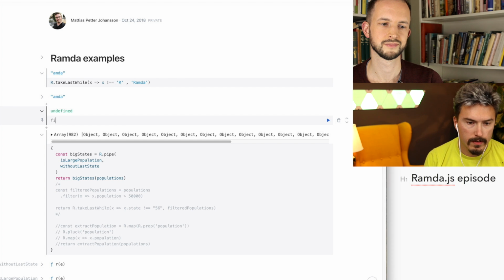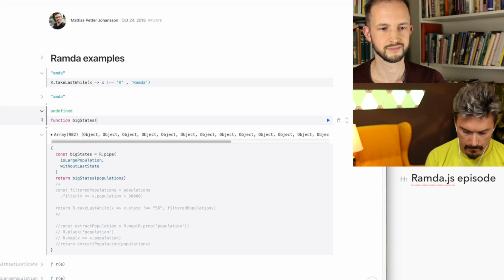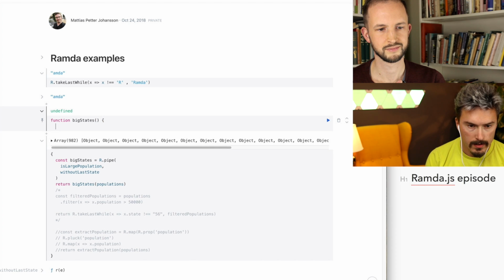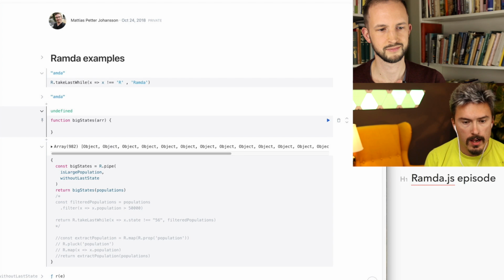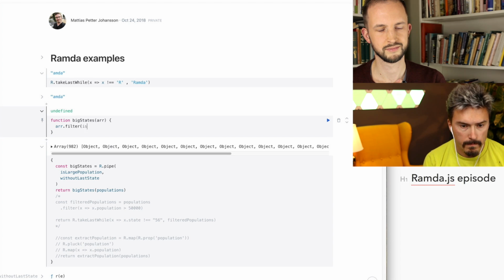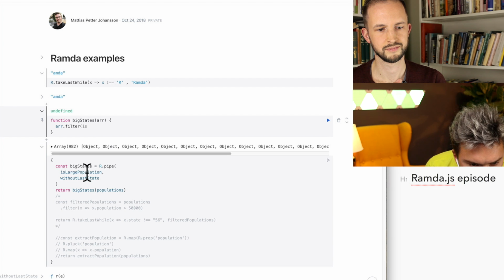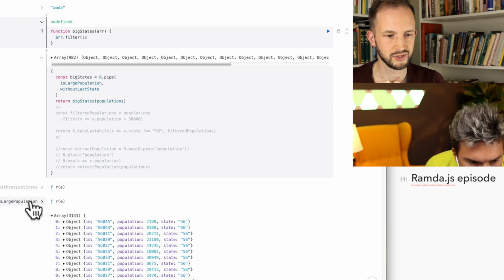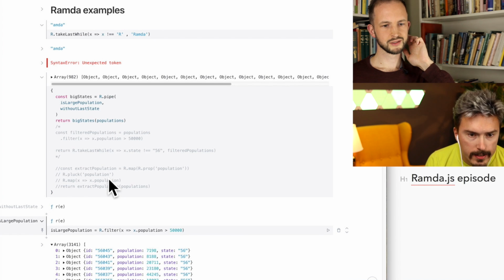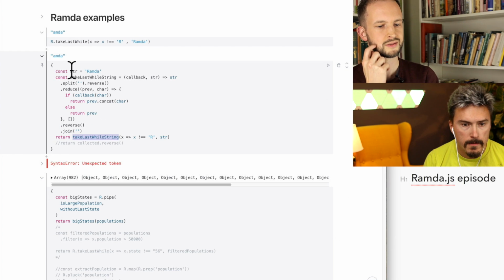No, we're going to do first the function big states, and it takes this array and then does a filter on it, right? Right, what is it? I don't know. How is large population? How does it look? Okay, is large population is